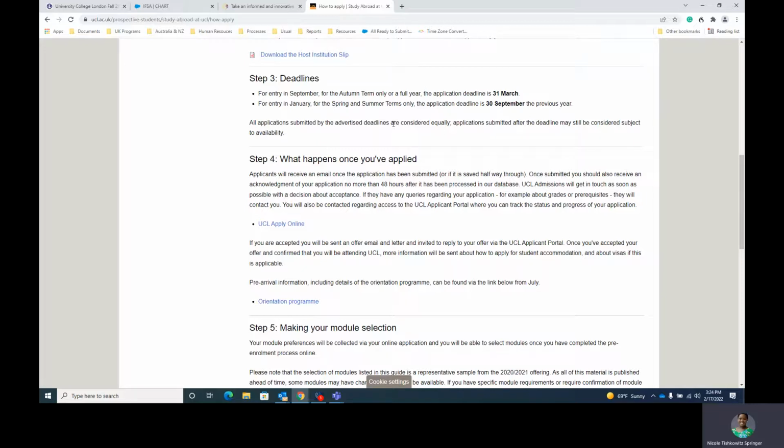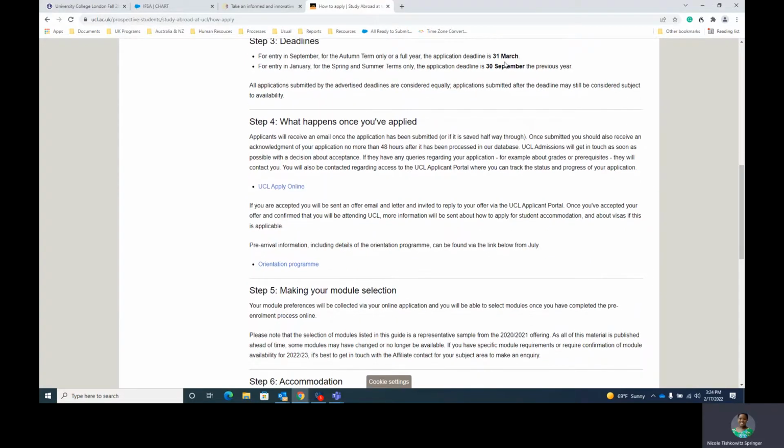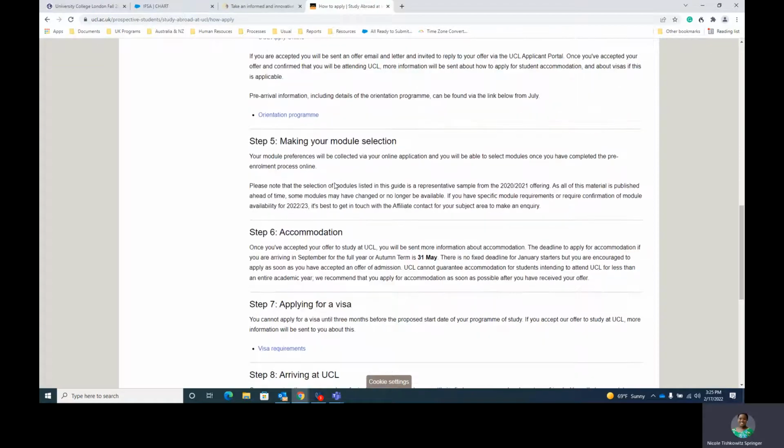So again, this is to make sure that you are at least top of the list for consideration by having it at an earlier deadline rather than waiting to the last minute or at a later point in time. So that's why this will differ. But our deadline specifically is March 1st, not the 31st, even though it is for UCL. Anyways, so module selection, as you can see here,